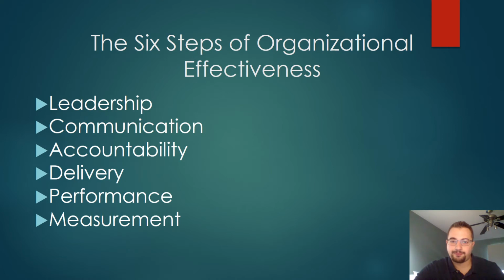And then measurement. You have to be able to, to use the word in the definition, measure your progress or your achievement. It kind of goes back to the SMART process we had talked about earlier in the year. You need to have a measurable functionality within your organization here. This way you can look over the years, over quarters, whatever you want to compare to. This way, hey, we did this much production in quarter one. How can we improve on that and get to more production in quarter four, for example?